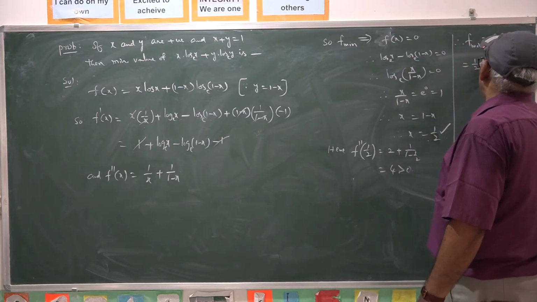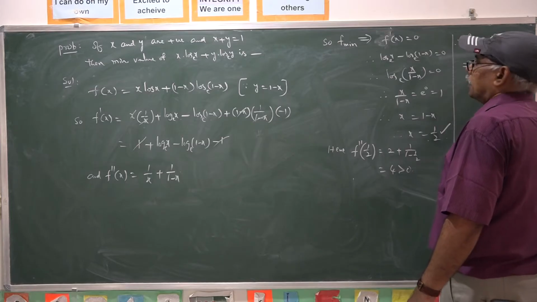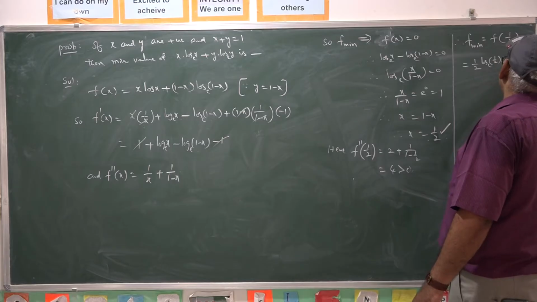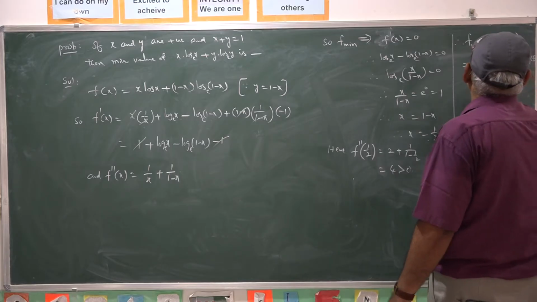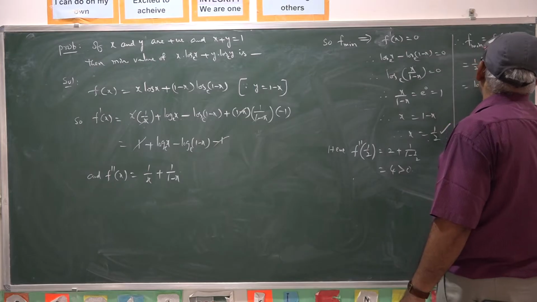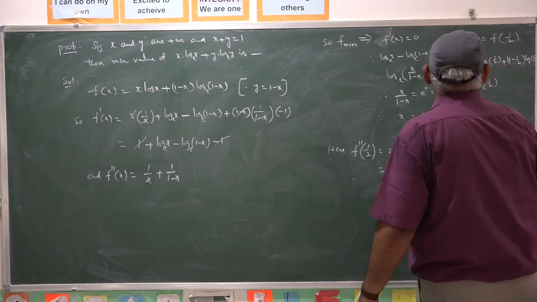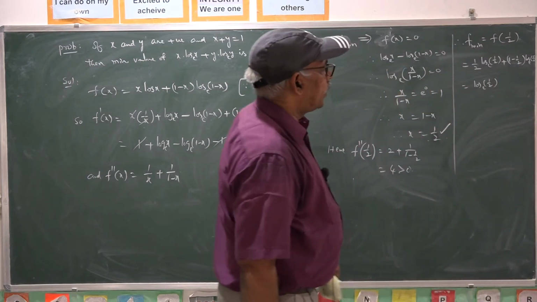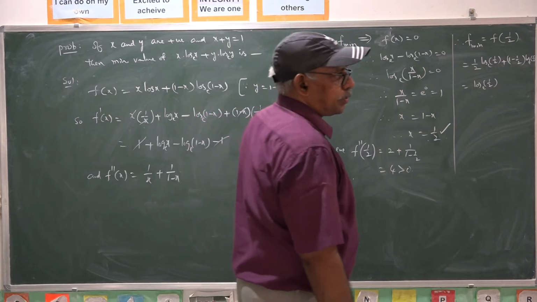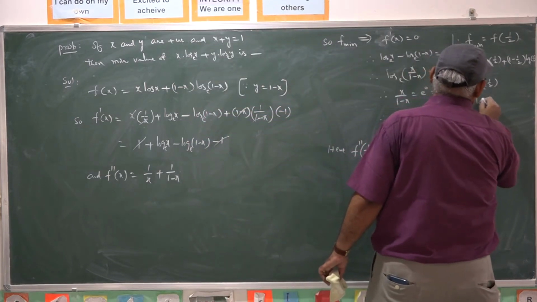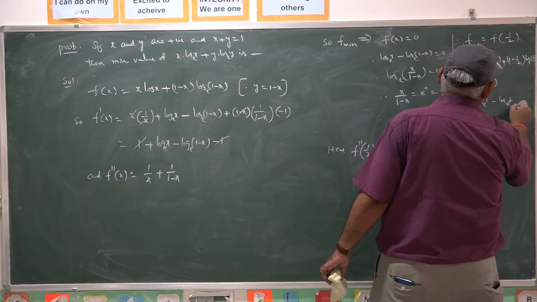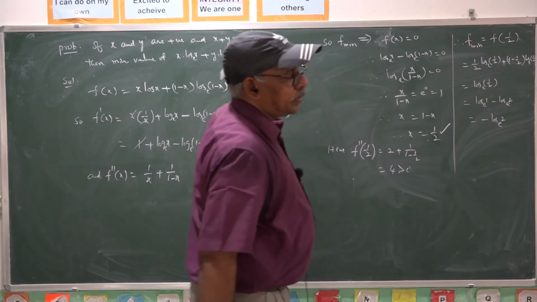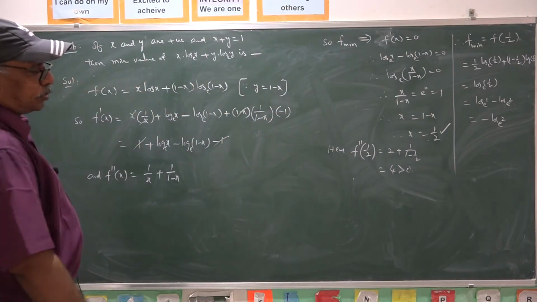So that is 1 by 2 log 1 by 2 to the base e plus (1 minus 1 by 2) into log 1 by 2, of course. So taking log 1 by 2 to the base e common, minus 1 by 2 plus 1 by 2 cancel. Hence we get log 1 by 2 itself, or minus log 2 to the base e, because it can be written as log 1 to the base e minus log 2 to the base e. This is 0 minus log 2 to the base e. The minimum value is log 1 by 2, or minus log 2 to the base e.